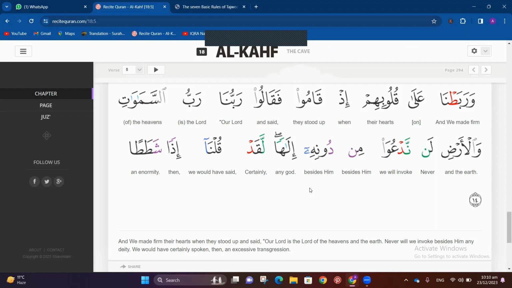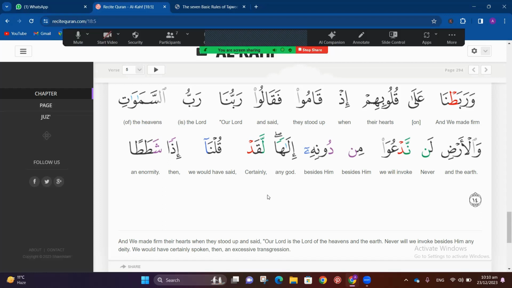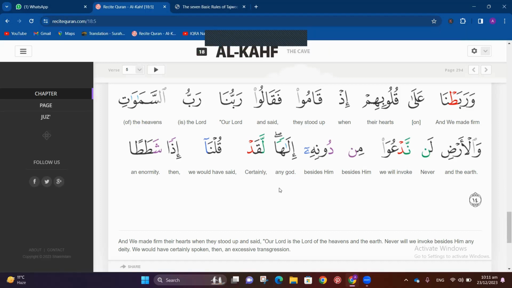شططا. So here again there is a rule that whenever after noon sakin or tanween, tanween is here on ha, right, comes either of two letters, lam or ra, then we are going to join these two together and we are not going to stay. Like we are saying ilaha, just joining, okay? إله لقد قلنا إذا شططا.